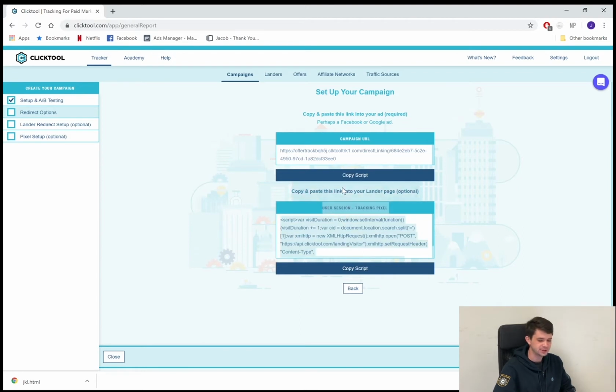Below that, we also have the visit duration, which is going to be super valuable a lot of the time. This is something you're going to actually have to embed into your HTML pages. Again, if you're not familiar with how to do that, we go through every step, every detail, very easy to understand, very easy to follow in the Clicktool Masterclass. Link is in the description below. But this is going to show